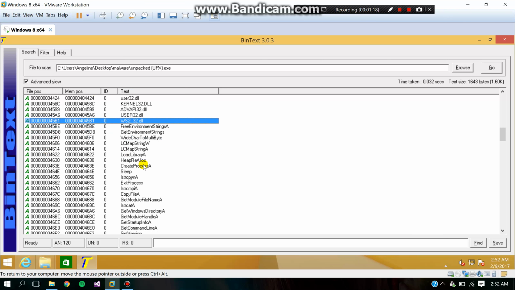So we see create process, getting environment strings. So getting environment strings actually means it might be possible that the malware is trying to gain access to the variable of password stored in the current process. Whereas copy file,